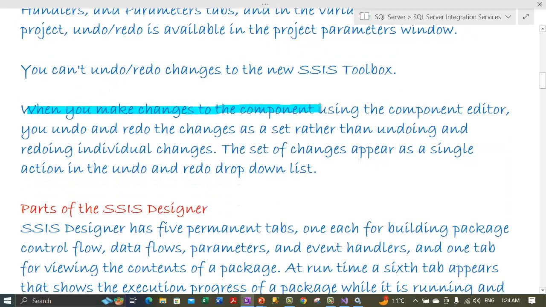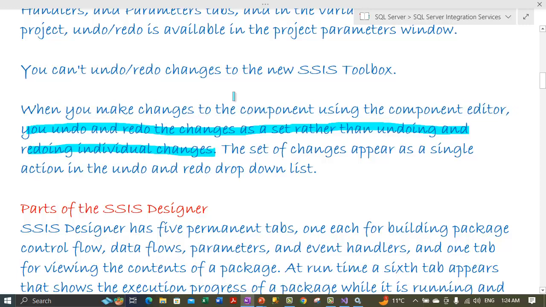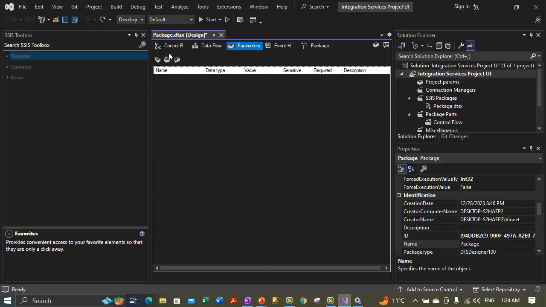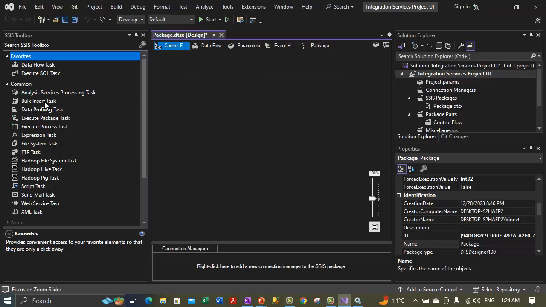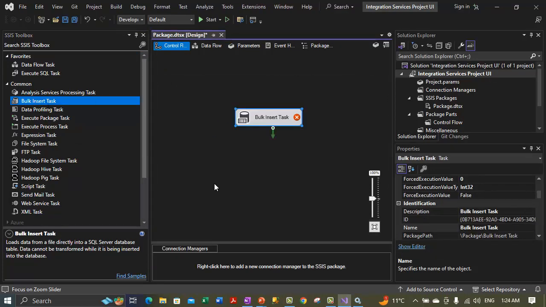When you make changes to a component using the component editor, you undo and redo the changes as a set rather than undoing and redoing individual changes. So whenever we add a component to a control flow window, like we are on a control flow window, let me add a bulk insert task here. Whatever changes I made to a task, if I undo that, it will revert all the changes, not a